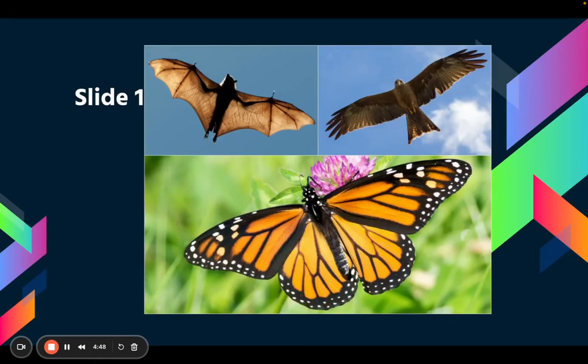In this image, we see hawk wings, bat wings, and the wings of a butterfly. All of these organisms have evolved similar characteristics such as wings. However, their ancestry is much different because bat wings are made up of flaps of skin and bone, bird wings are made up of feathers, and butterfly wings are made up of chitin. We think of convergent evolution as the evolution of similar characteristics in organisms with different ancestry, basically as a result of living in similar